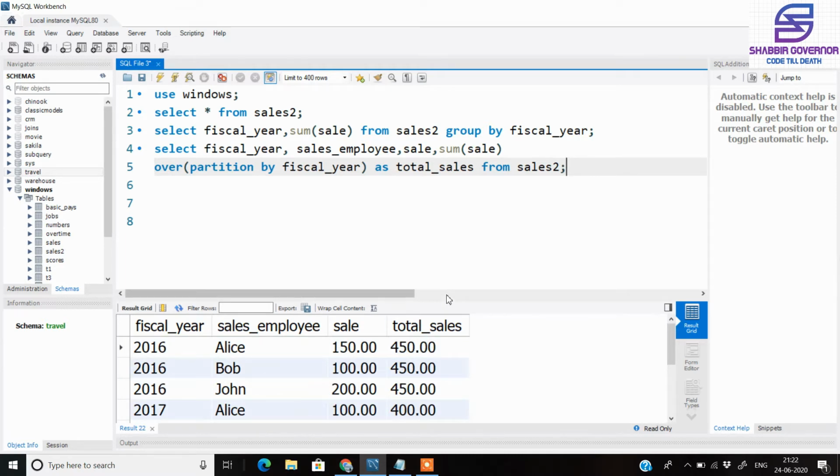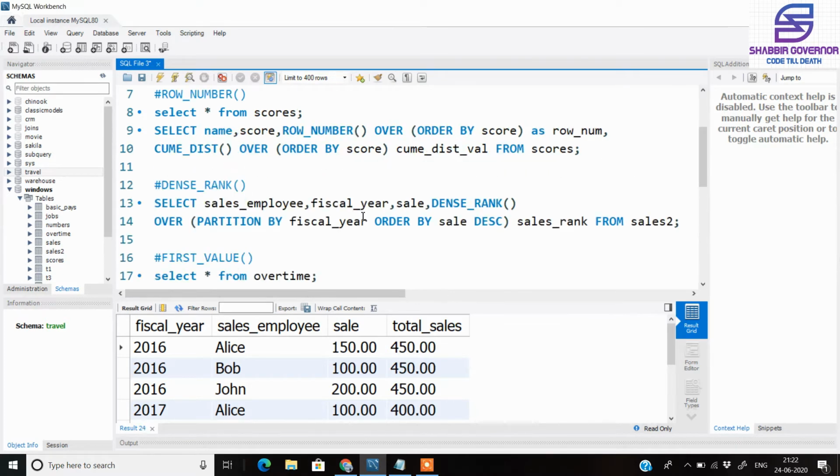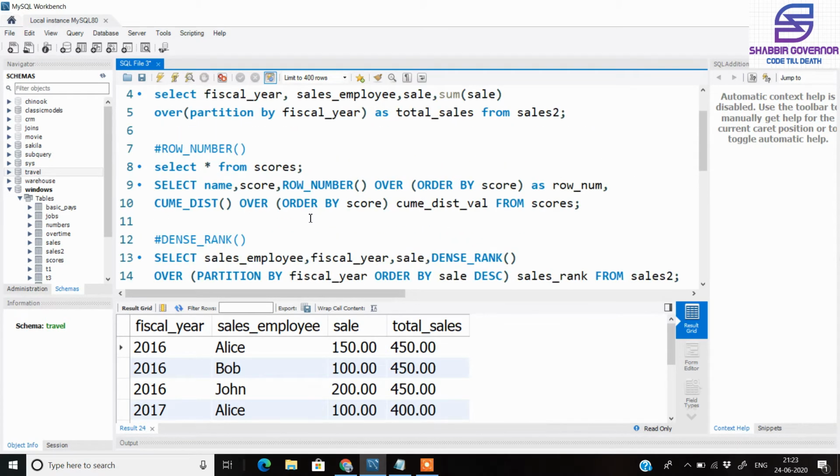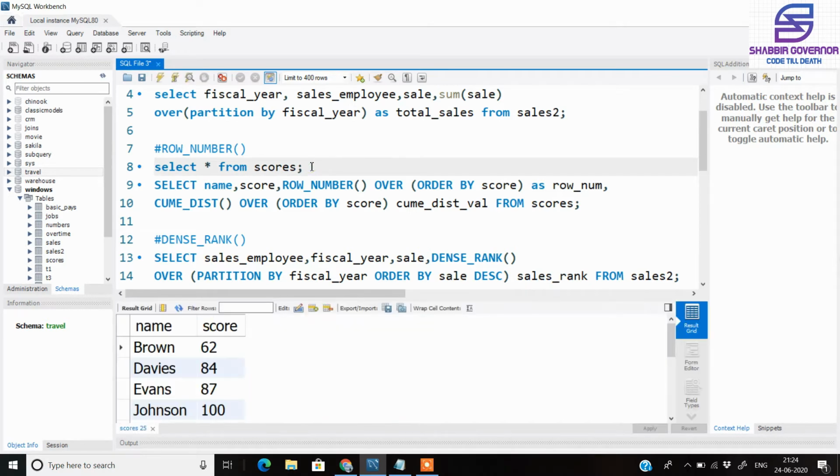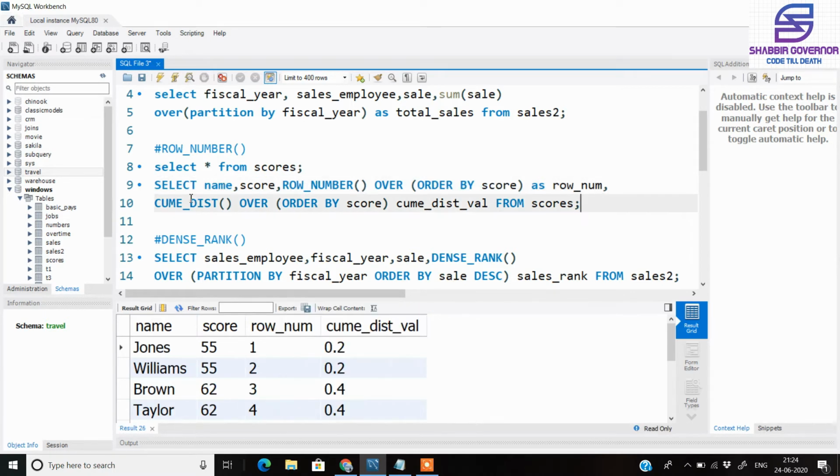So now we will see the other examples of window function. So these are certain other window function examples that I have written for you. The queries are already written, so you just need to understand them. So go with me. We have a scores table here which has the name and score of some people, and what we'll be doing is using the row number window function here. So here we are defining the partition, that is the order by score. So each and every score itself will be a partition, and this partition is being applied using the row number.